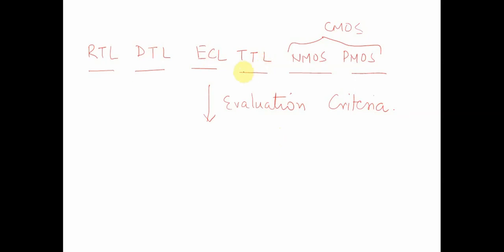Choosing which family to use, we need some sort of evaluation criteria as to how this particular set of logic families behaves for the same set of operations. So the evaluation criteria is something called IC characteristics. Based upon these characteristics, we can decide which particular IC logic family we should be using. And these characteristics are nothing but fan out,